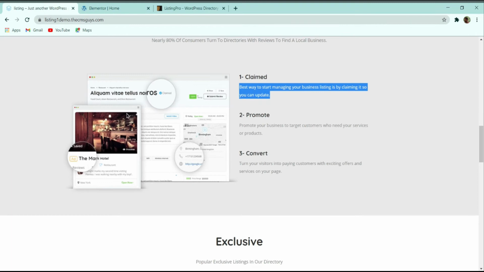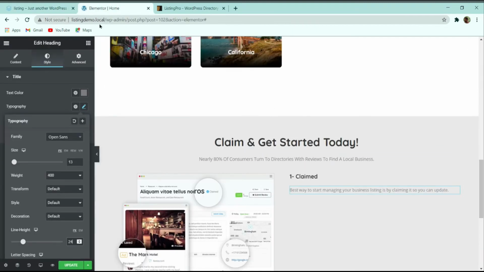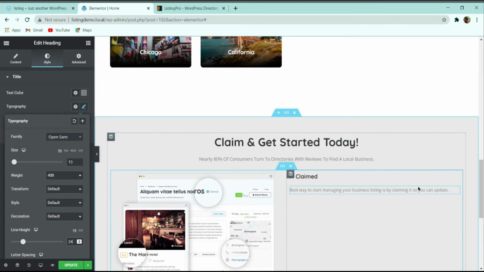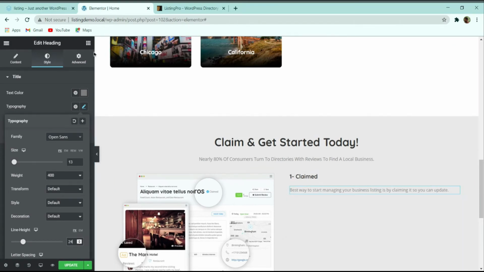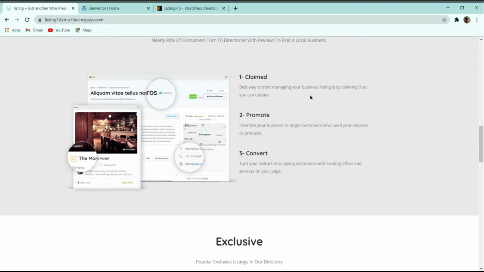So now here one more thing, you can see that in our text, this image and this text part, this text is breaking over here somewhere. Best way to start managing your business listing is by claiming it. So this is in one line, and you can update is on another line.